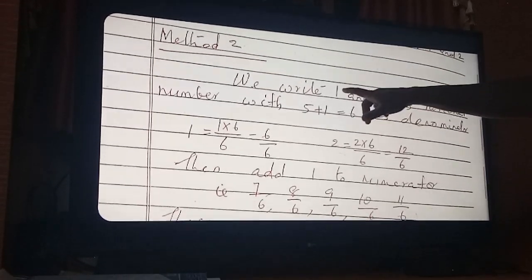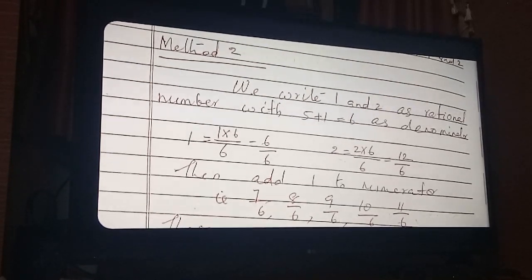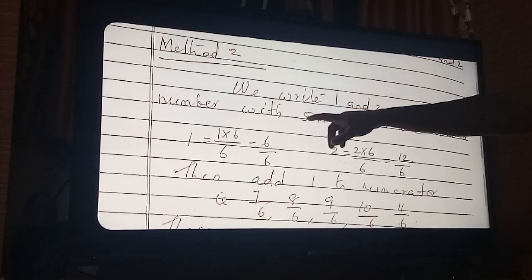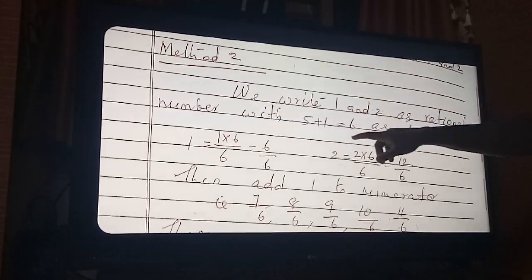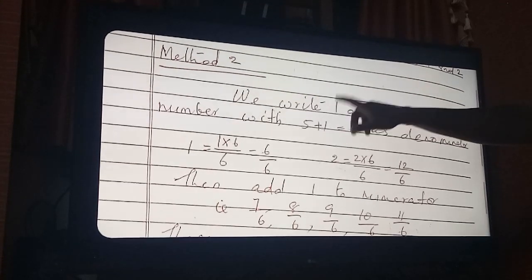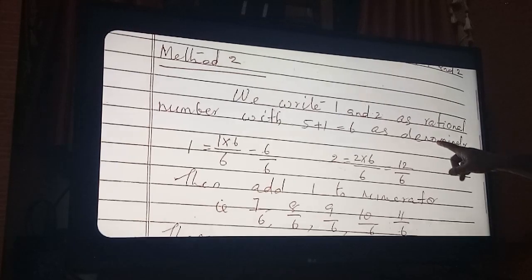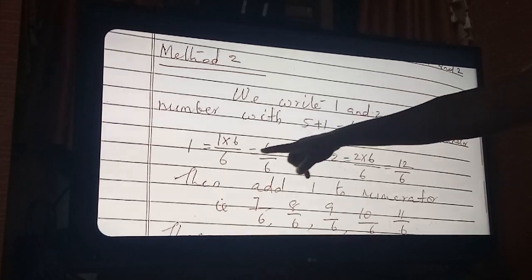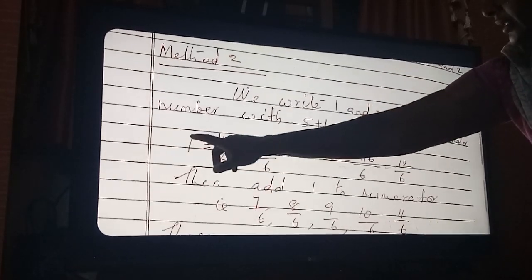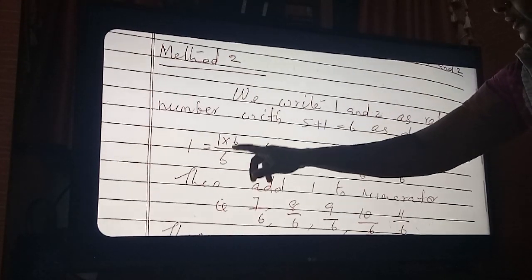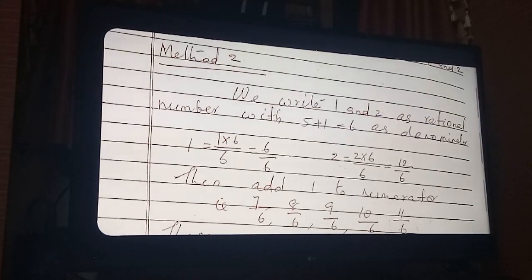Once more listen. You want to find the 5 rational numbers between 1 and 2. So along with the 5, how much did I add? 1. 5 plus 1, how much came? 6. So for each number, in the case of 1 and in the case of 2, I will make the denominator 6. How did I make the denominator? See here, 1 I have written here. First is 6, right? Then this 1 multiplied by 6. So what did you get? 6 by 6. What is 6 by 6? 1.